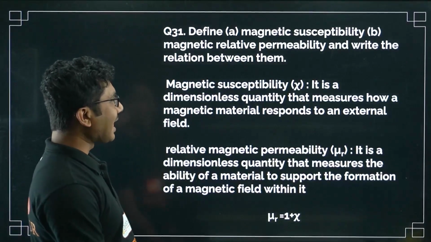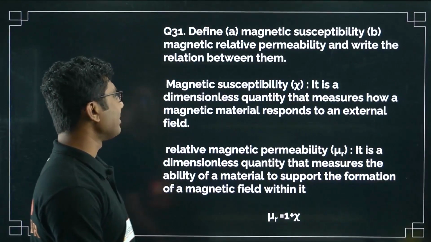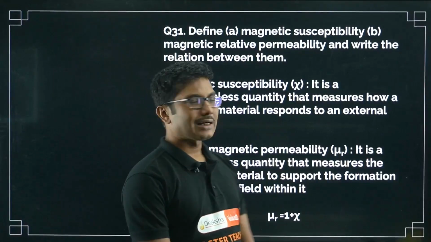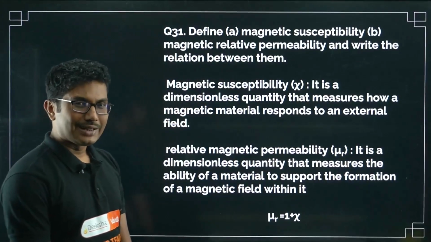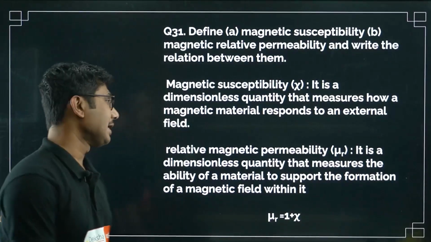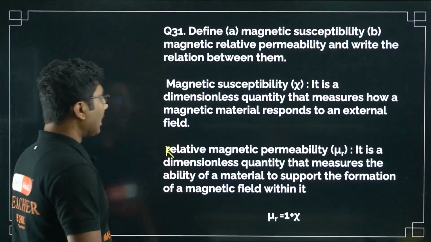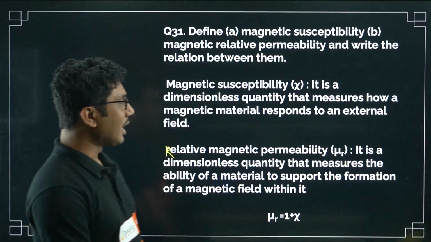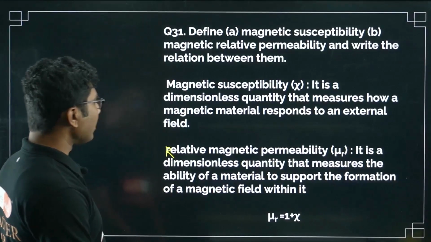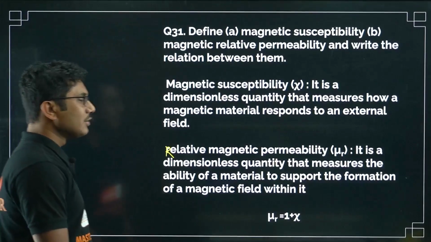Magnetic susceptibility chi is a dimensionless quantity that measures how a magnetic material responds to an external field. So whether it will attract, whether it will repel, whether it will weakly repel, that is determined by the quantity called magnetic susceptibility. And relative magnetic permeability, mu r, is a dimensionless quantity that measures the ability of a material to support the formation of a magnetic field within it. So basically, if you